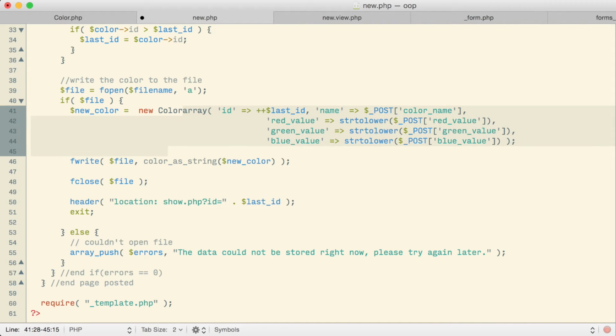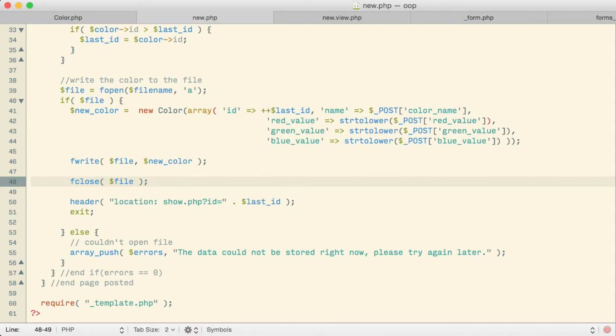And then I will pass that associative array to the constructor. So the associative array gets passed over to the constructor. The constructor then will create a new color object for us called new color. Then when we get to the fwrite, we can just call new color. When we put new color here all by itself, PHP will know that it needs that color as a string. So it should automatically call the toString method that we put together for our color, which effectively did the same thing as what that color to string function that I just got rid of did.